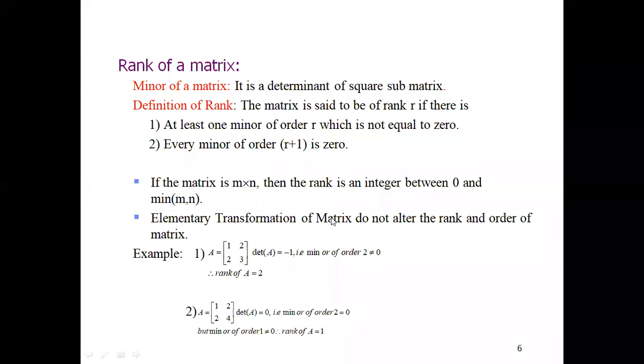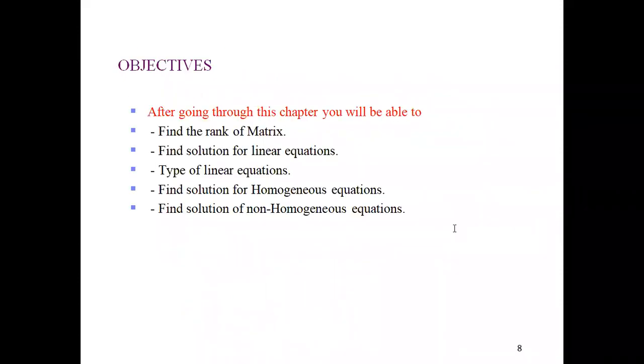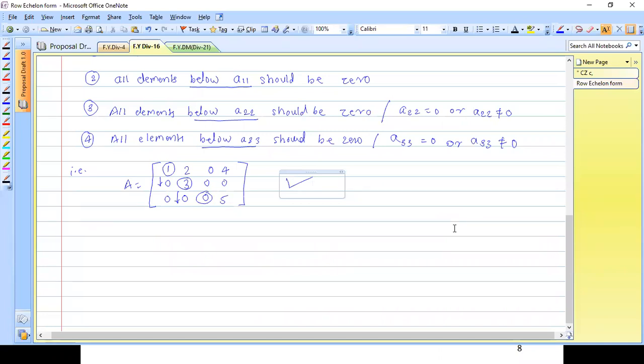Elementary transformations of a matrix, that is, whatever operation we use on rows, do not alter the rank. It means once you apply any row operations on the matrices, it does not change the rank. Rank remains the same even if you apply the operations. I'm using this property, and I wanted to find a new way to find the rank. Right now I have the definition with me. So what is my new way of finding the rank? First you understand echelon form. Once you understand the echelon form, then what would the rank be? I can give one more example, then I will give the new definition, and then you will understand the importance of the echelon form.